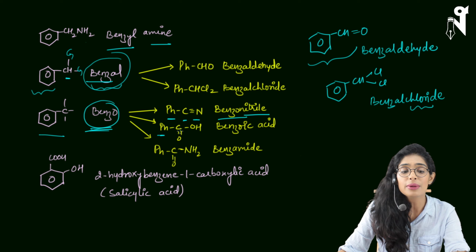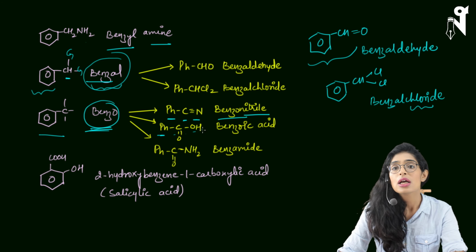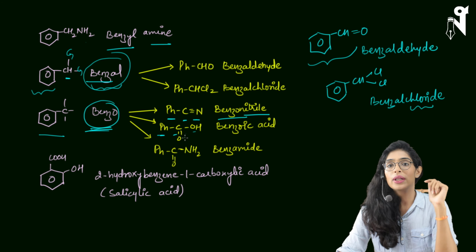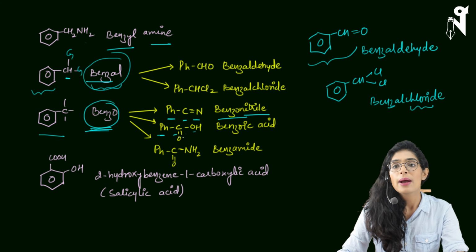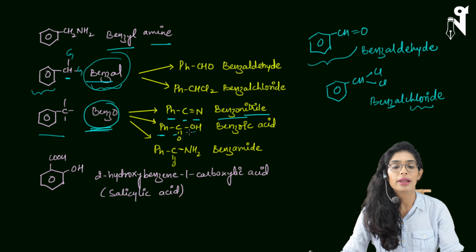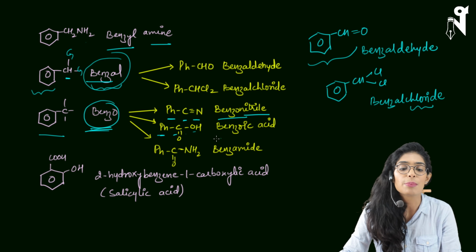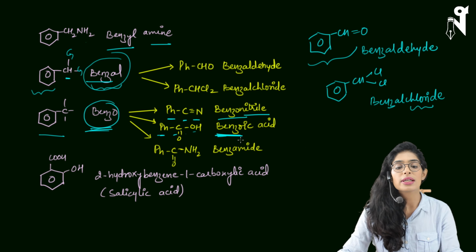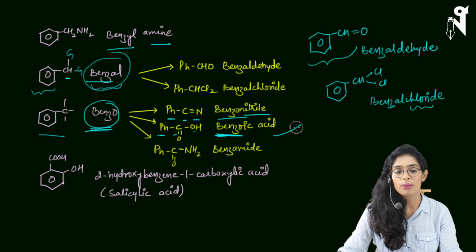So basically carbon is connected to three different things, or you can say carbon is connected to two oxygens, one through the double bond and one through the single bond, but not like an alkane chain. All the three bonds are connected to some other element, and this will be called benzo. Again, the name of the compound starts with benzo, so it will be called benzoic acid. We have already spoken about it.